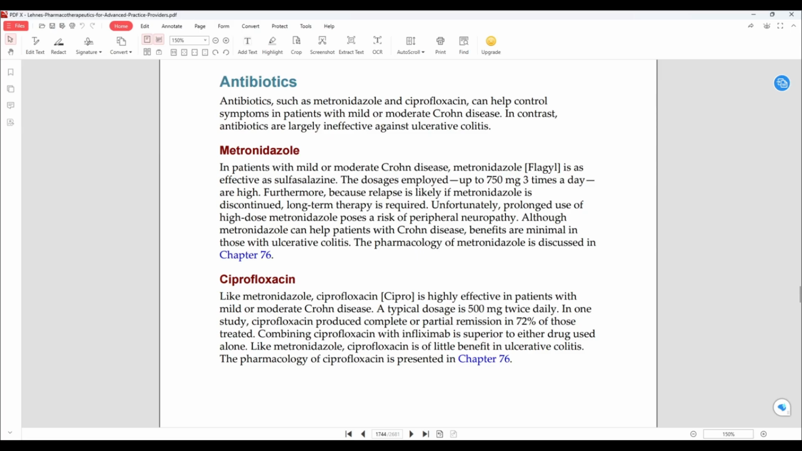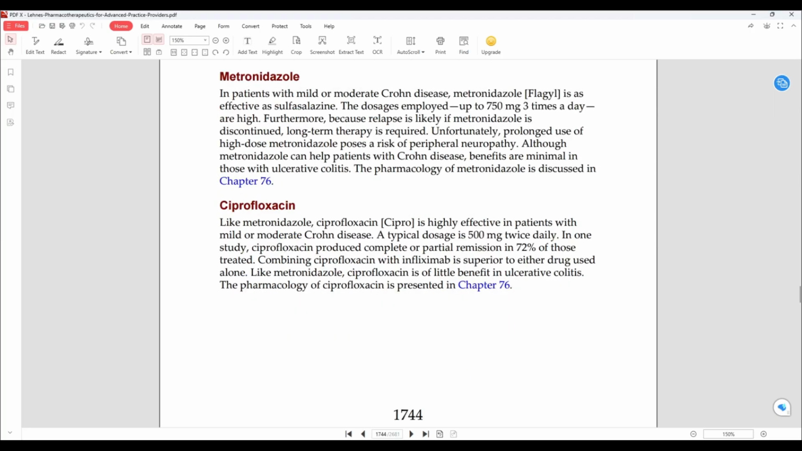antibiotics. Antibiotics, such as Flagyl and ciprofloxacin, can help control symptoms in patients with mild to moderate Crohn's disease. In contrast, antibiotics are largely ineffective against ulcerative colitis. So, we'll start with Flagyl. In patients with mild to moderate Crohn's disease, Flagyl is effective as